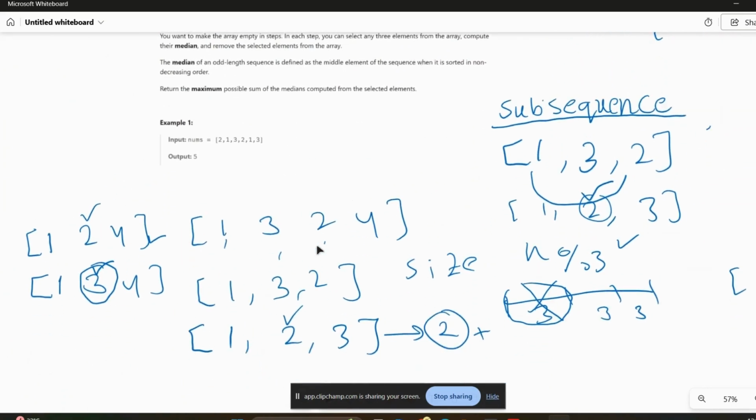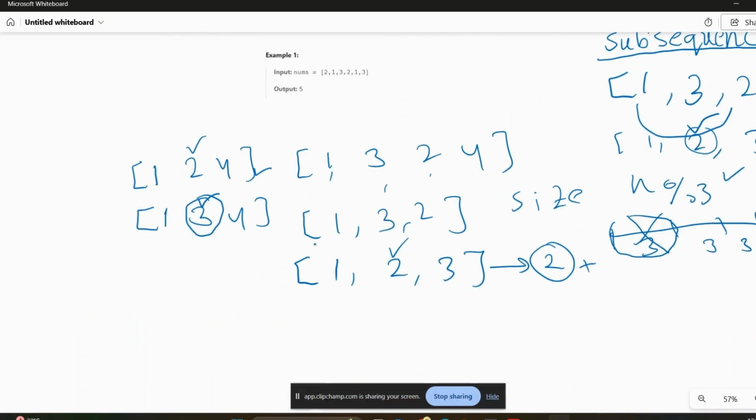Yes, it is, right? You can observe that when you have elements like 1 1 3 2 4, if I sort them to 1 2 3 4, when you are finding the subsequence of size 3 and sorting, is it the same as sorting the array before you take the size 3 subsequences? And after that, you are asked to find the maximum